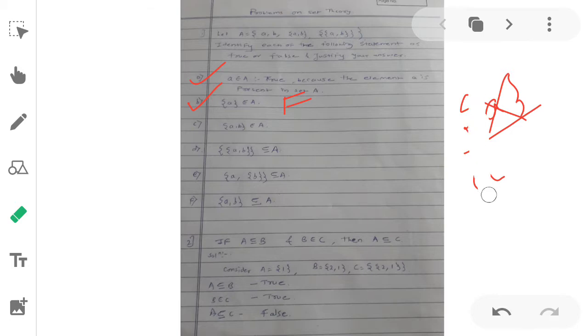So I will correct it here. The second answer is false, and after that we have to write the reason, which stands for the justification.